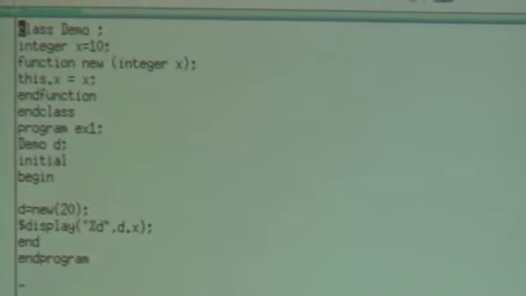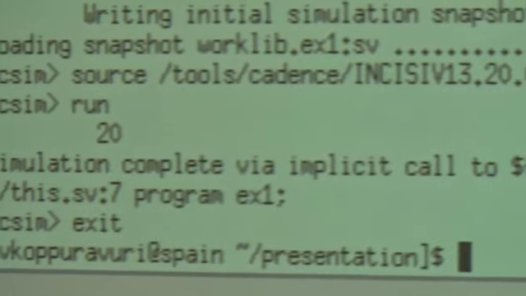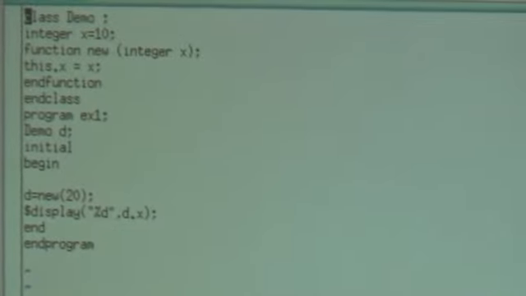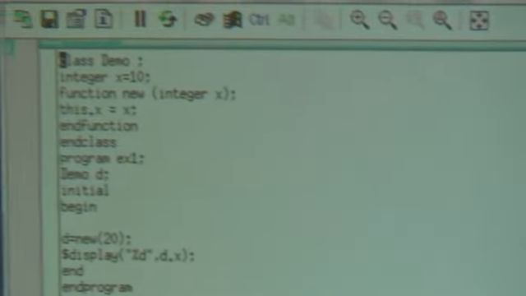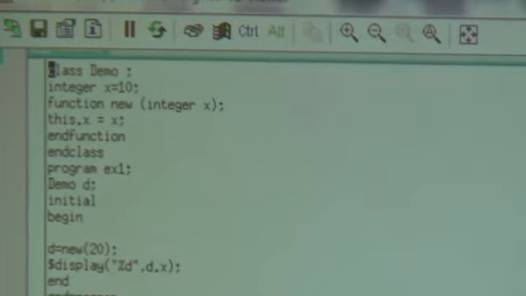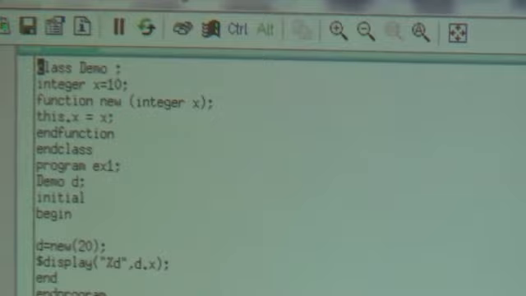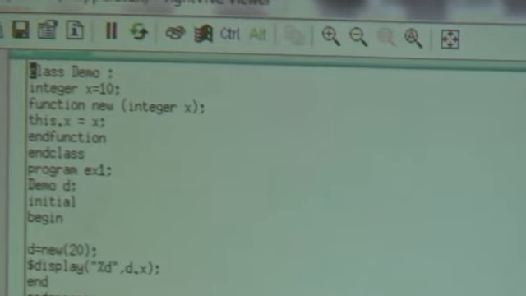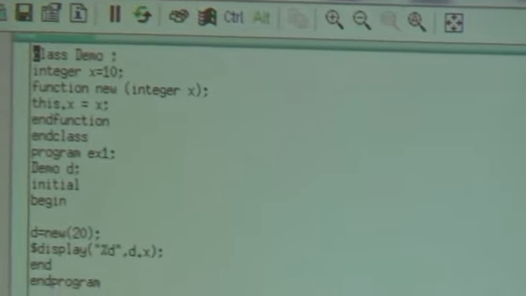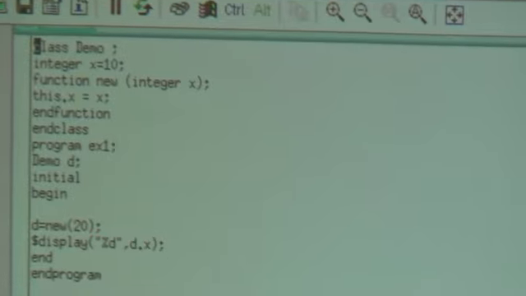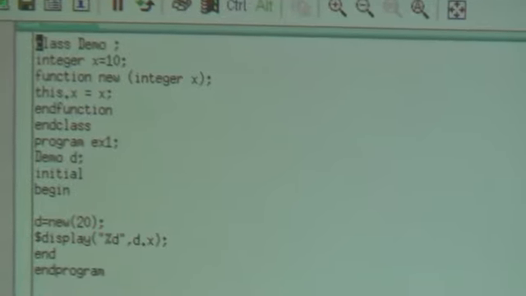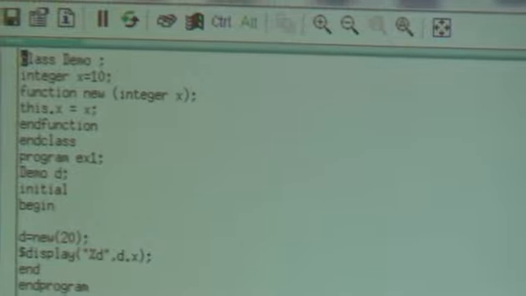Now we will run it in my Cadence tool and check the output. This is the command to run my this.sv code, and we will see the output. So we have updated with the value of 20. This.x: we have got output as d.x equal to 20, because I have declared my local property integer x equal to 10 in class demo. That means d.x, where d represents the object of my class demo and x represents my class property. Even though it is 10, at runtime it is assigned the value of 20, which is the input argument for the d equal new function. In this manner, d.x always refers to the locally declared property.